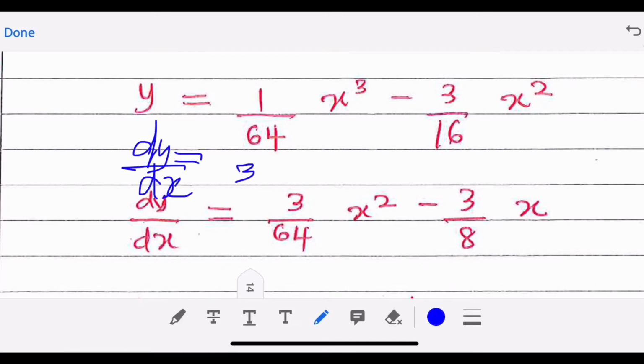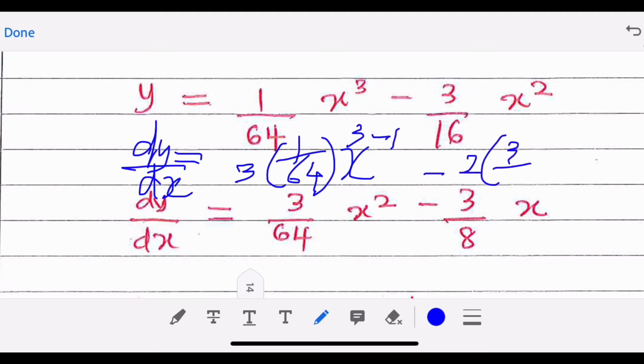So 3/64 x squared minus 3/8 x. Alright? So, after you simplify,